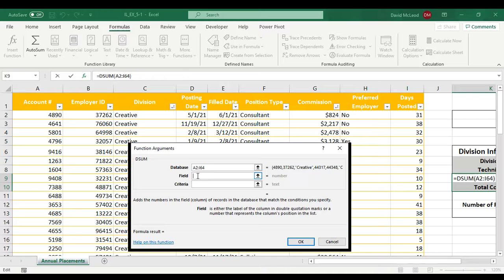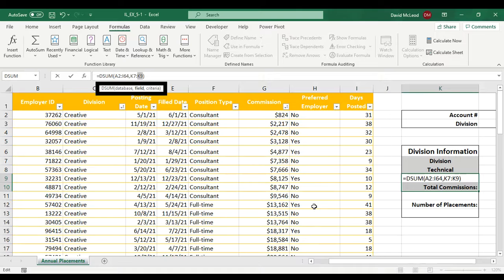The field I want, they're saying here the commission one is what I'm wanting, and I want the criteria to be what's in K7 and K8. So K7 and K8, technical division. And that's how it